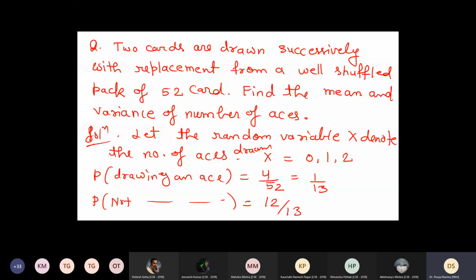If you remember, I have done this kind of question also. हमने Bayes theorem में लिया था. Out of that box, bag, first we choose bag, and then out of those bags we were taking the balls. यहाँ क्या है? पहले हमने aces draw किए हैं, and then जो आपके वो aces हैं उसमें हमें X equals to 0, 1, 2 के लिए probability find करनी है. So let's come to that point now. If you all have written, can we go for the next slide please?